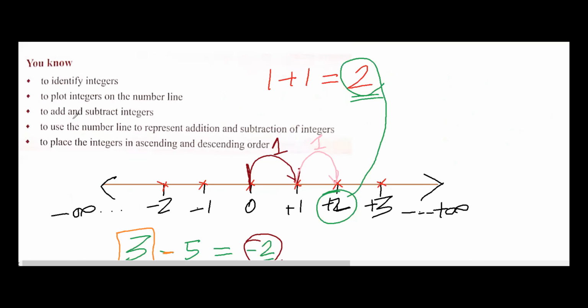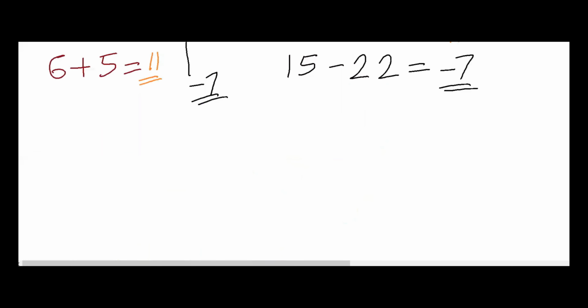Now we have seen how to identify the integer, to plot the integer on a number line, to add and subtract integers using the number line, to use the number line to represent addition and subtraction of integers. Now the last bullet is to place the integers in ascending and descending order. So if I have a number, say 14, -2, 100, 145, then 10,